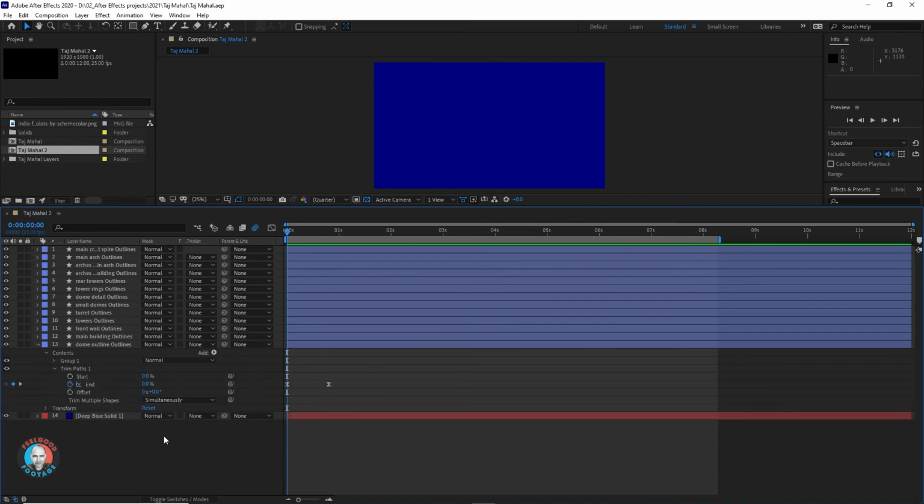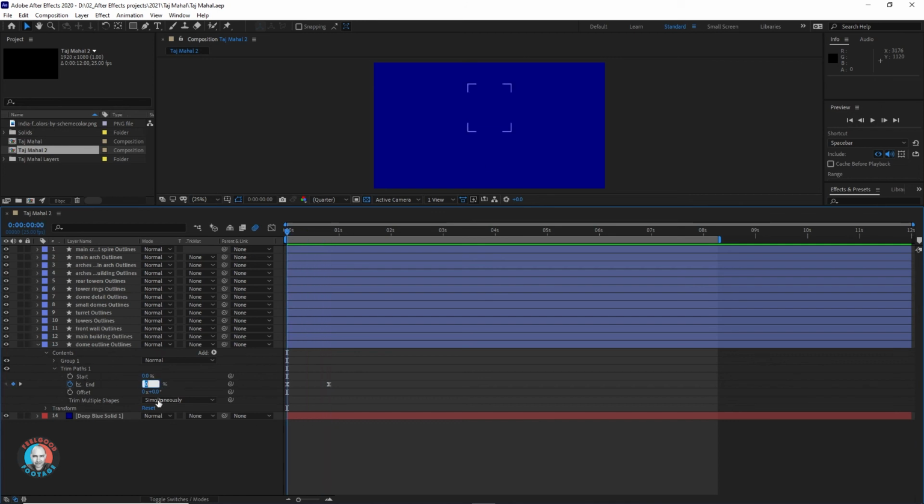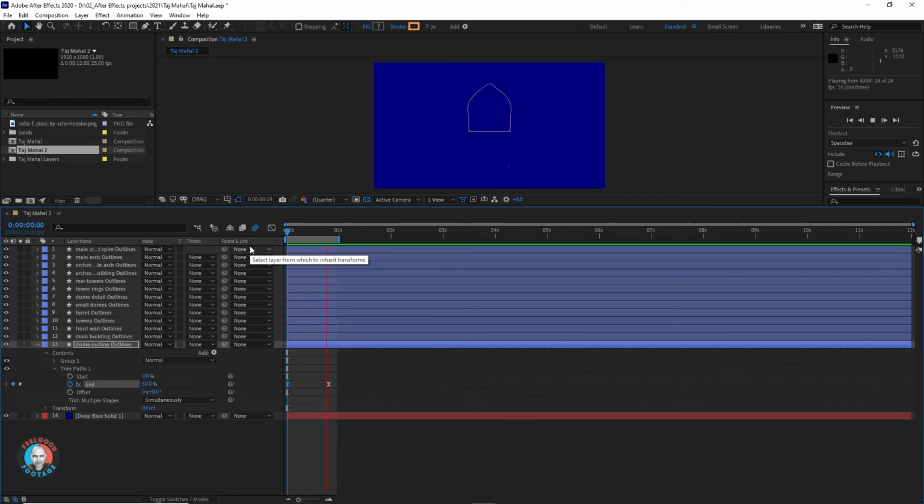And now I'll set the trim path end value at 50% for the first keyframe and 100 for the second. If you leave it like that, it starts its animation half complete. But if you then animate the start value so it begins at 0% on the first keyframe and reaches 50% on the second, you get this effect, which is kind of nice, as if they're chasing each other.